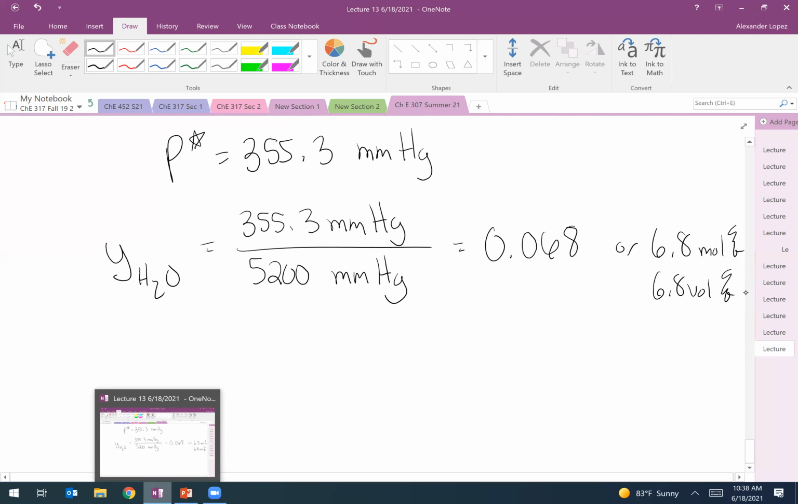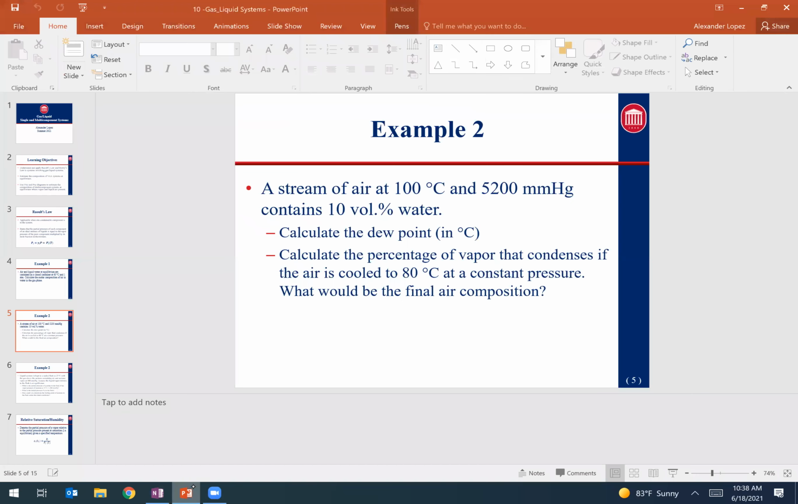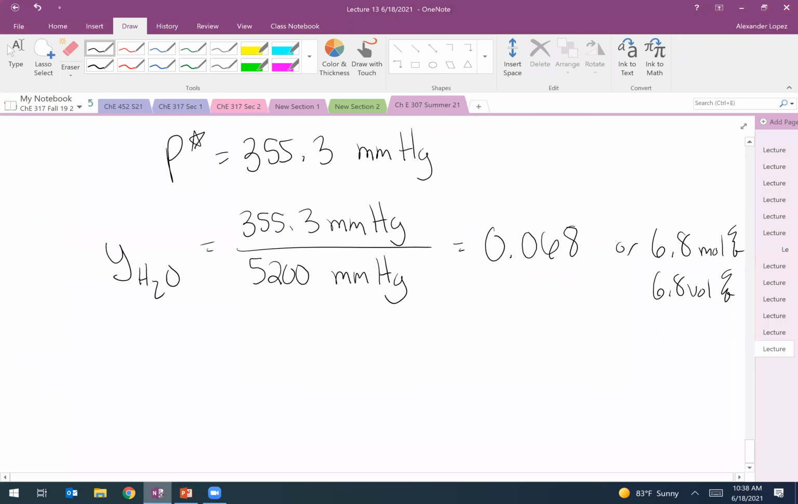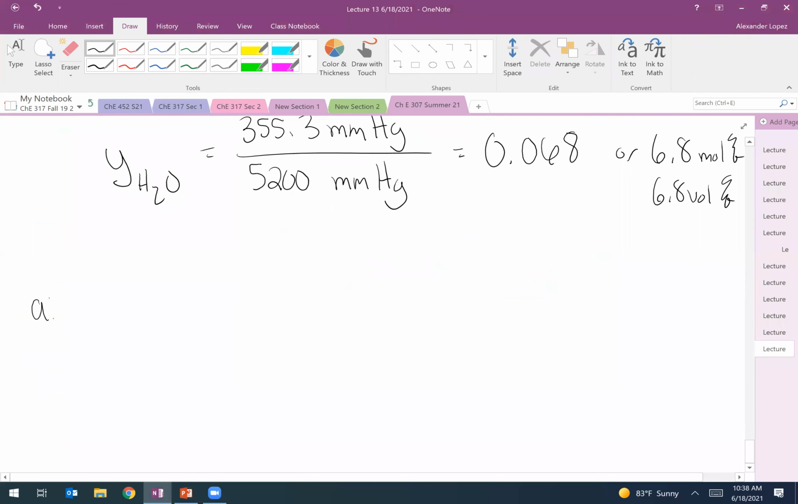So then the question asks the percentage of vapor that condensed. Well, if I started with 10 volume percent and I went to 6.8 volume percent, how much condensed? What? I can't hear you, I'm sorry. 32 volume percent? No, you're close. Move the decimal. 3.2 volume percent. So the amount that condensed